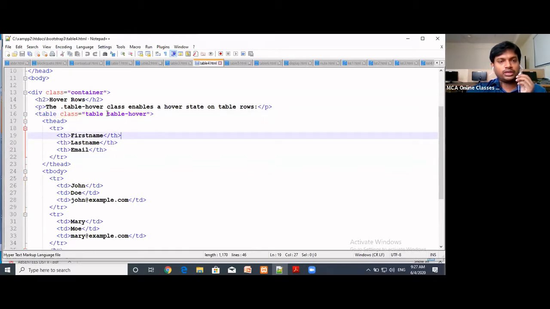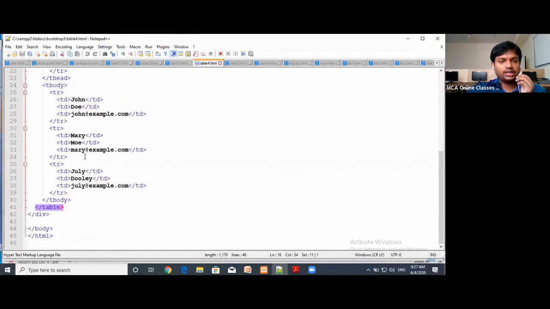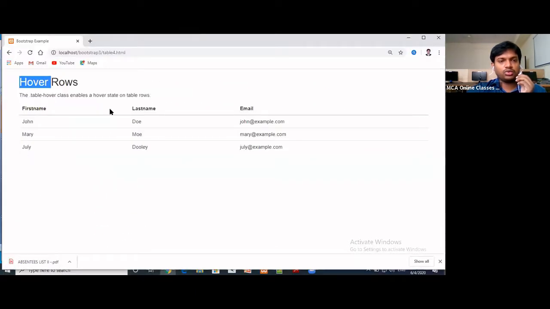For the striped table, use the class table-striped. For the hover table, use the class table-hover. The rest all remains the same, like headers, body, everything. This is about the hover rows. Hover rows means the rows will be highlighted whenever we move the cursor on the rows. This type of table can be added to our web pages.